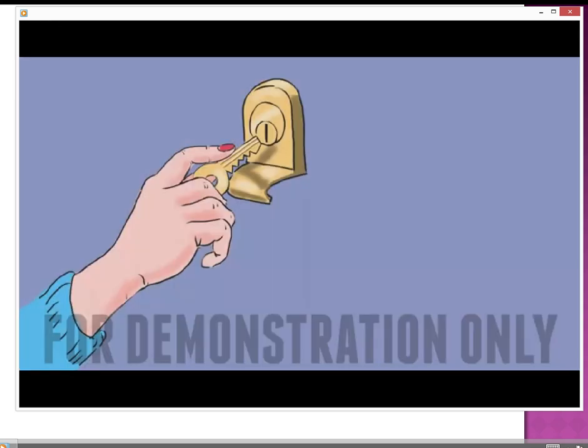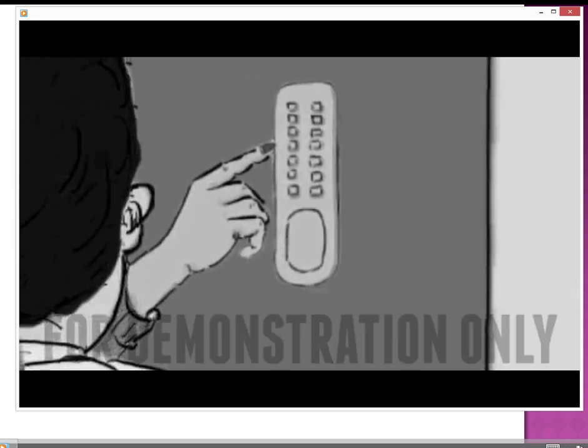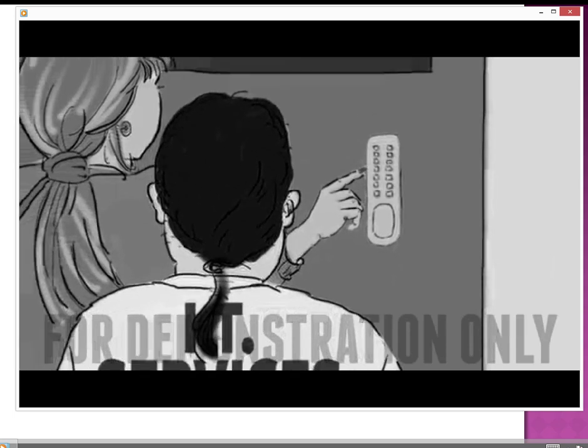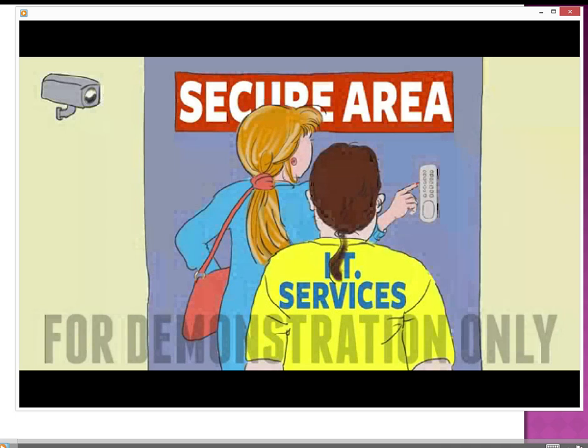Sometimes, though, it's more a case of stopping others gaining access. You wouldn't let a stranger follow you in through your front door. So why do people do this in secure areas at work? It's called tailgating. It might be a little embarrassing to say no or ask for ID, but look what happened in this case. An imposter went into a bank posing as an IT person come to fix a computer. Instead, he installed a small piece of software onto the system which allowed hackers to see what was being typed on the bank's computer and use this information to transfer money from the bank to their own accounts.